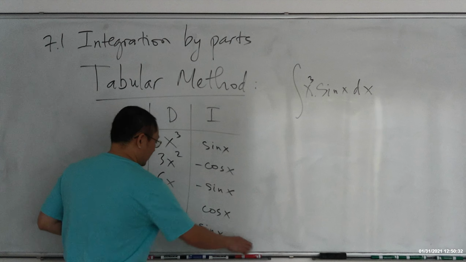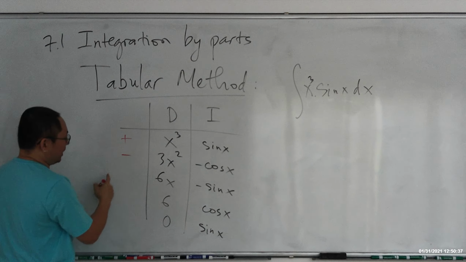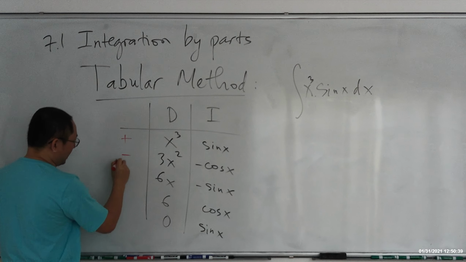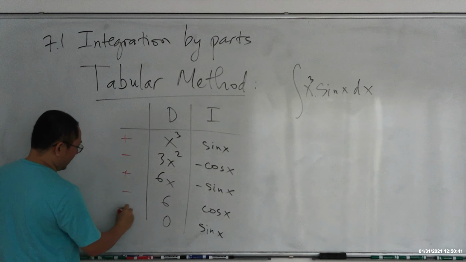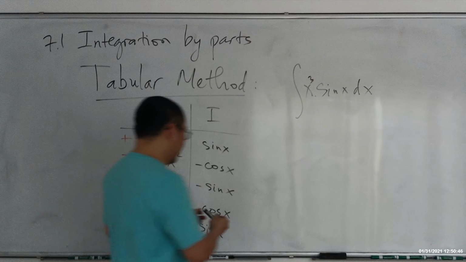So one more time, I'm going to put the signs. Always start with plus and then keep alternating the sign. Plus, minus, plus, minus, and then plus. The last row, you put an integral in front. So, the answer is going to be